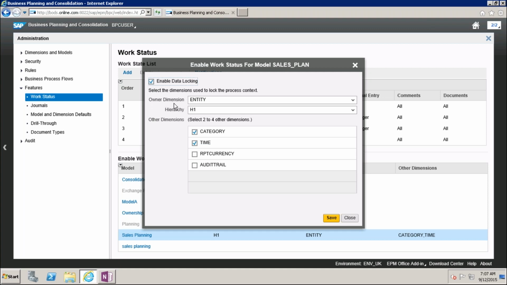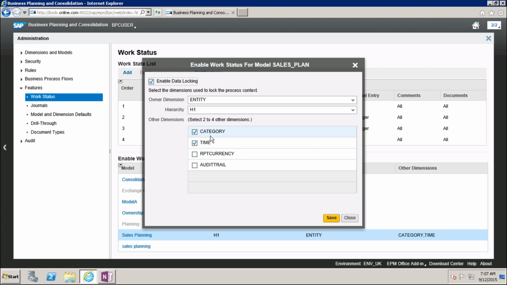Here one owner dimension is there. That is the entity dimension we have taken here. In entity, we must maintain the owner property. Apart from the owner dimension, we can take up to 4 dimensions to use for work status.